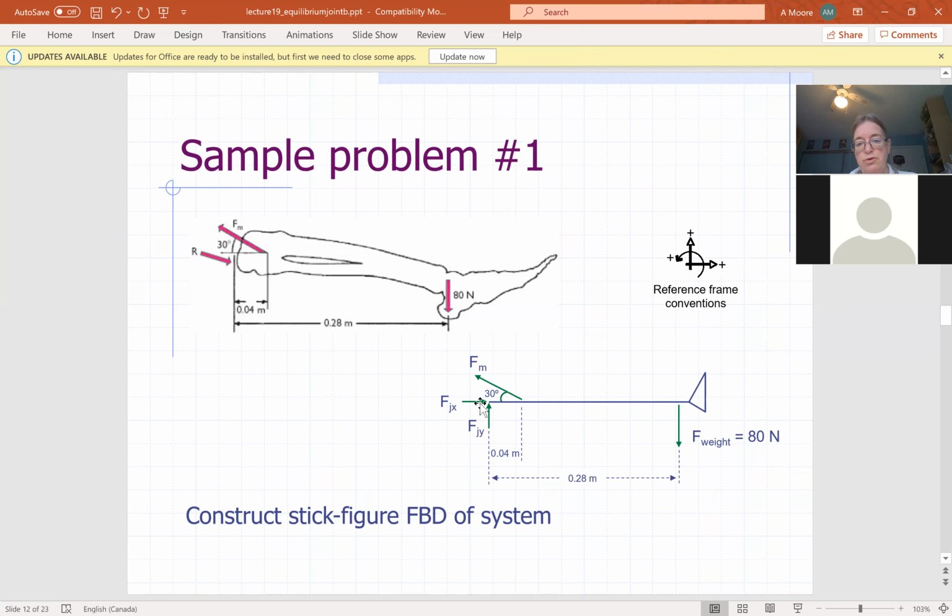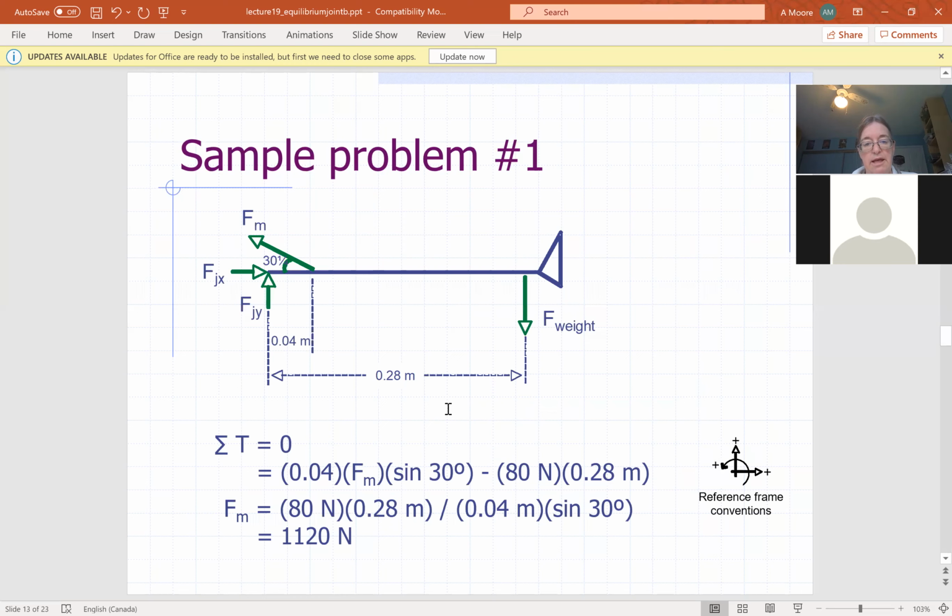Your two joint forces, your X and Y components of your joint forces, act right at that joint center. Therefore, you don't have to include them in your torque equation. And that means you have two forces that can create a torque around the knee. And so this right here is the basic part of your equation,